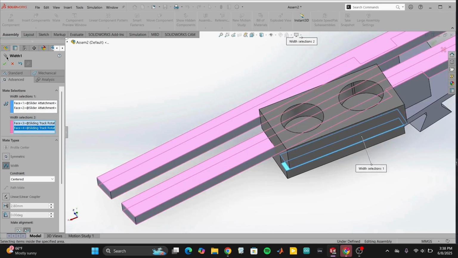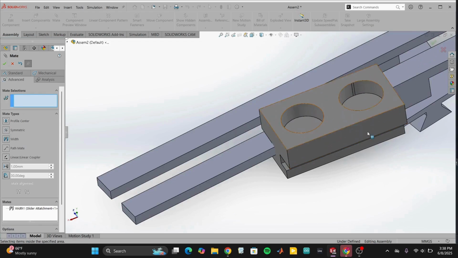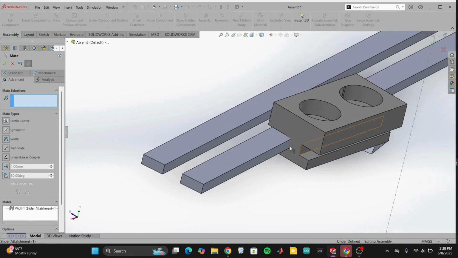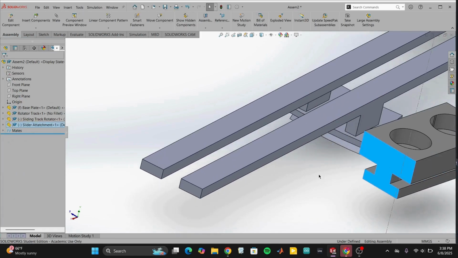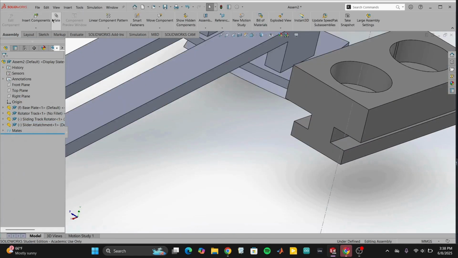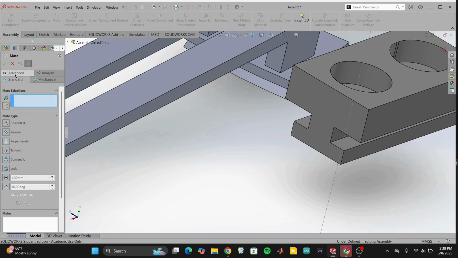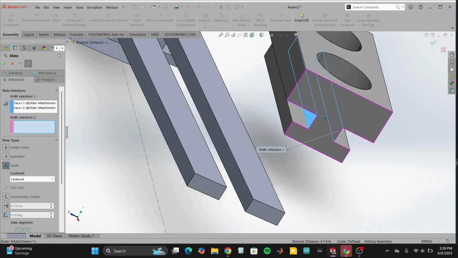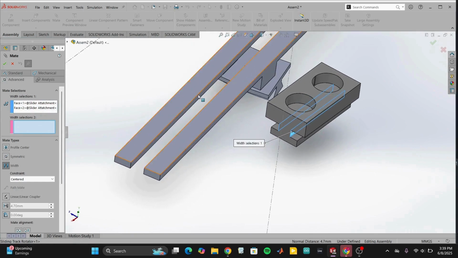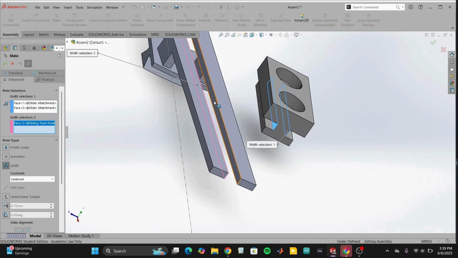That looks good. And then the next one is another width mate, so we have to specify that again. So that's going to be the inside. Okay, let's move it out of the way so it's easier to do this. Go under main again. Specify width. The inside of the slider attachment to the inside of the slide rotator. That looks good,